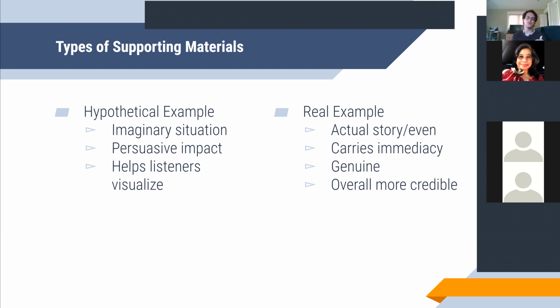Because it can be very dry to describe something. Because remember, I've said because, remember, and but about 8,000 times just this lecture. We talked about last week how you need to be vivid in your description, how you need to have the audience see beyond just the literal things that are happening. You want to have the audience feel like they're actually there. A hypothetical example helps put them there.